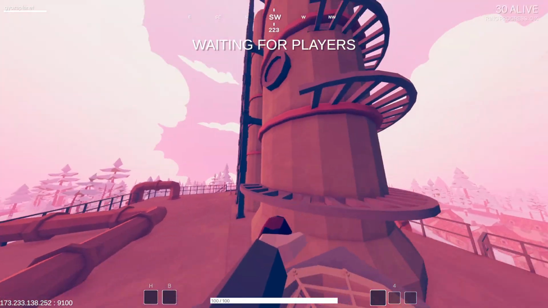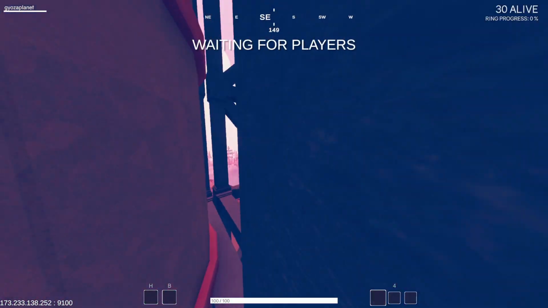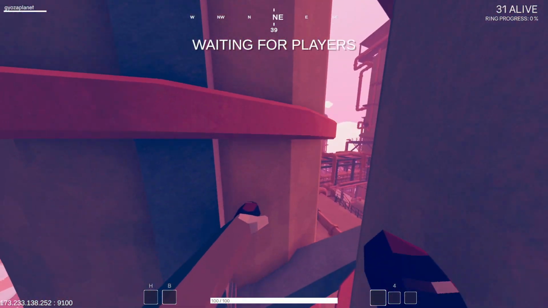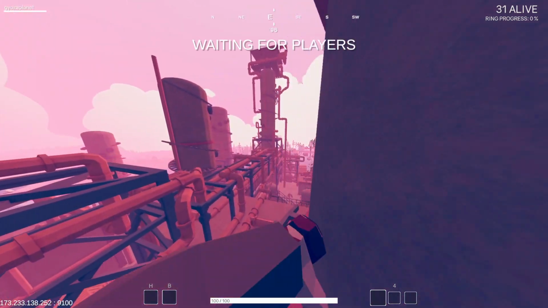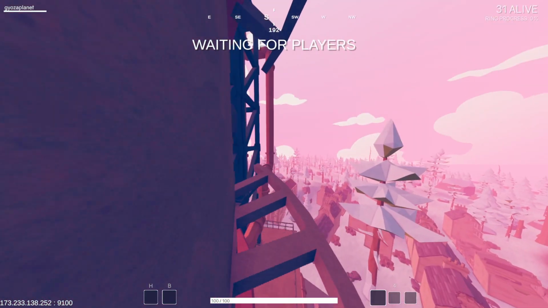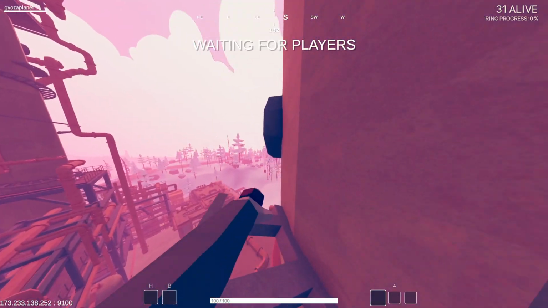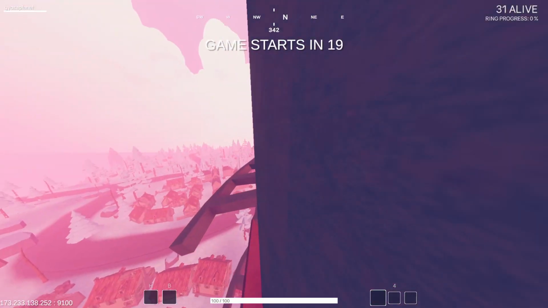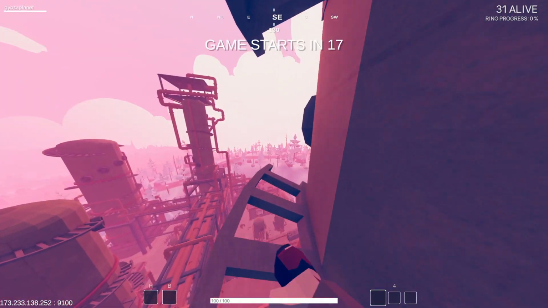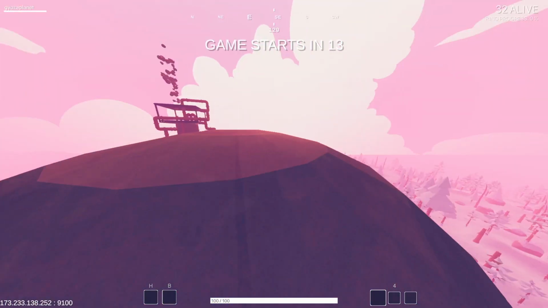Grenades are still the same, shields are still the same. The UI has changed, which I do like. It overall looks a lot more rugged and wild, which goes with the theme of the game. Guns have changed a bit actually. Like the recoil is a bit more intense. For some of them, like the light machine guns, there isn't much. But I think some damage numbers also got adjusted and stuff like that.